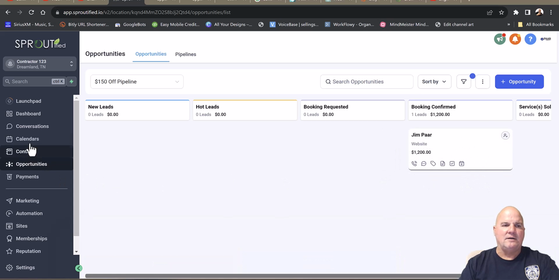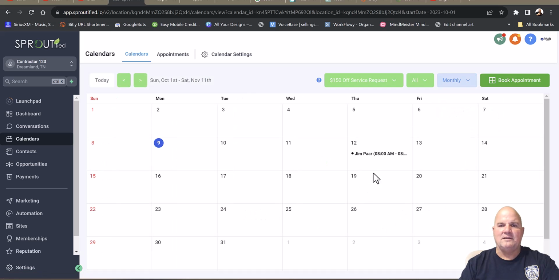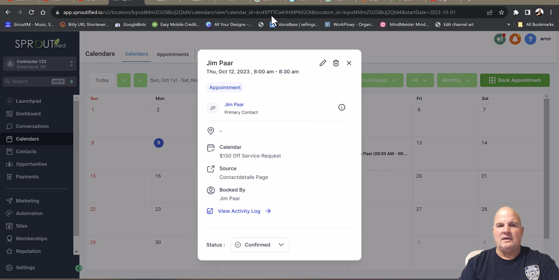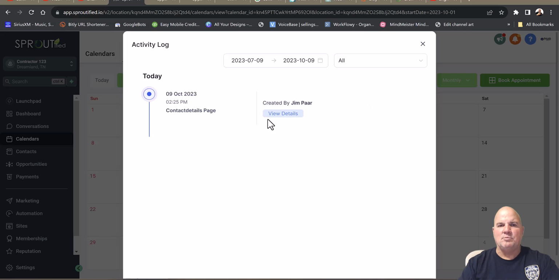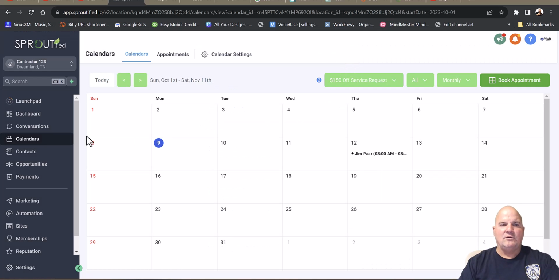there they are. Now, if we go into the calendar, we can see, if we open this up and go monthly, we can see this person right here. And we can open it up and see what time, contractor details, even the activity log, and everything that you might want to see. So this is what's really cool about this software. It creates that full